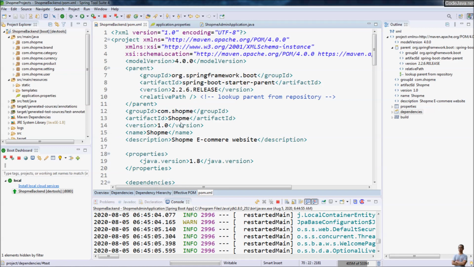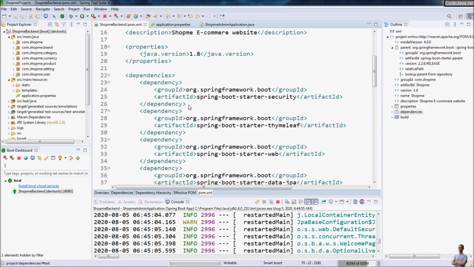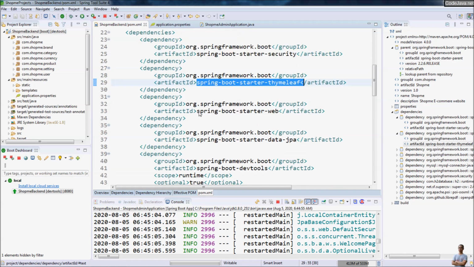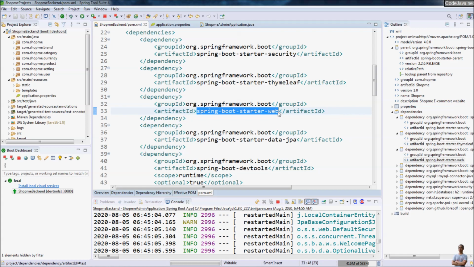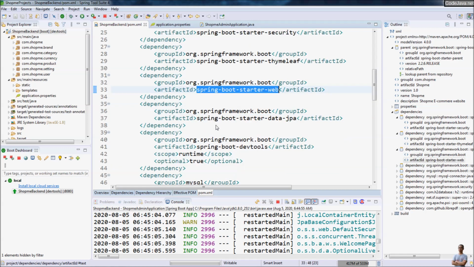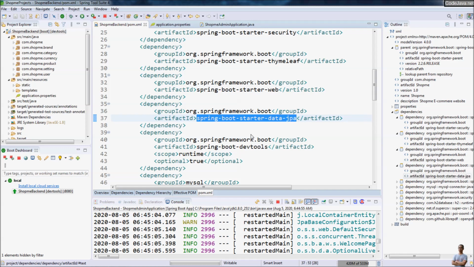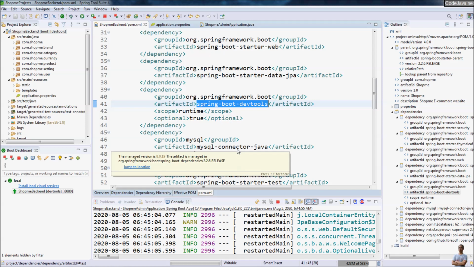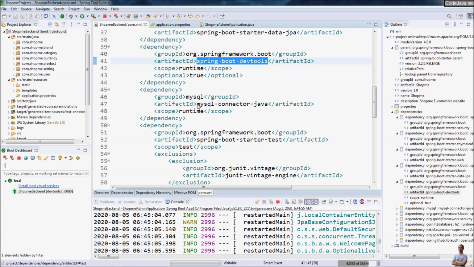As you can see, we use Spring Boot starter security, Spring Boot starter Thymeleaf for Thymeleaf as the view template engine, Spring Boot starter web for web application with embedded web server, Spring Boot starter Data JPA to use Spring Data JPA and Hibernate framework, Spring Boot dev tools to use the automatic reload whenever we make code changes to the project,